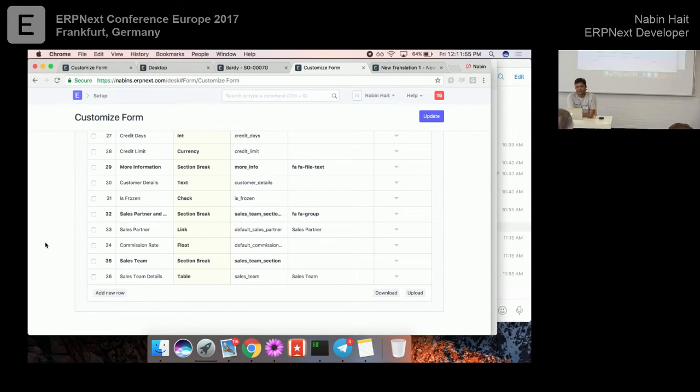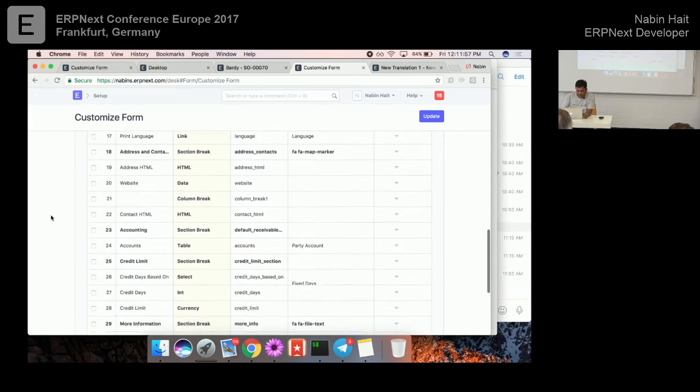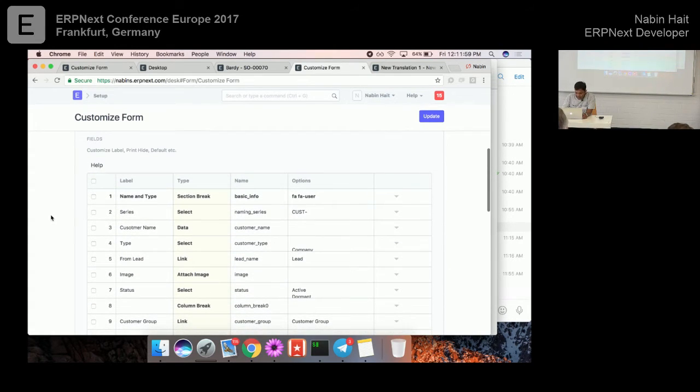Okay, so just go ahead. So basically, you can make many customizations from this customize form. For now, I have changed the label of the full name to customer name. I set a depends on. So if I update,